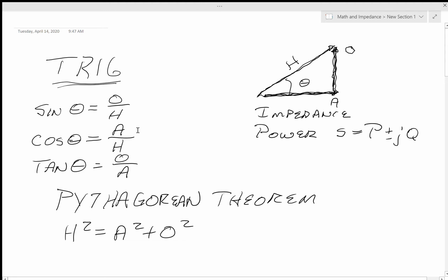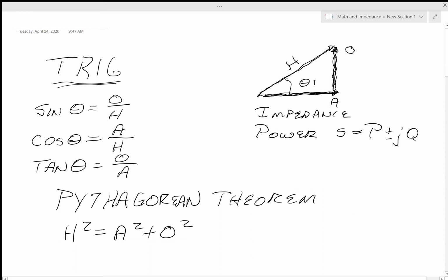Cosine theta is the adjacent over the hypotenuse, and the tangent theta is opposite over adjacent. You'll also need this in power, but here's an impedance triangle. You have the imaginary part, which could be in the first quadrant or the fourth quadrant down below. You have the real part, that's the adjacent, and then you have the hypotenuse, which is the magnitude, and then